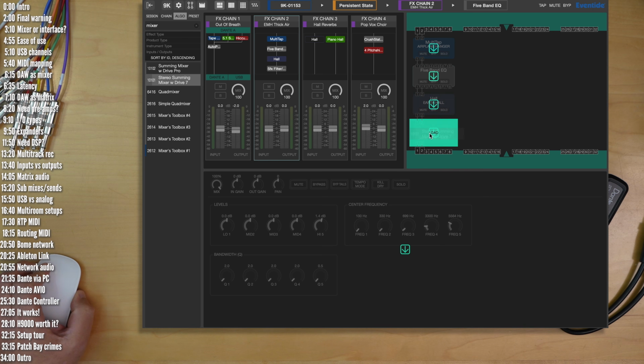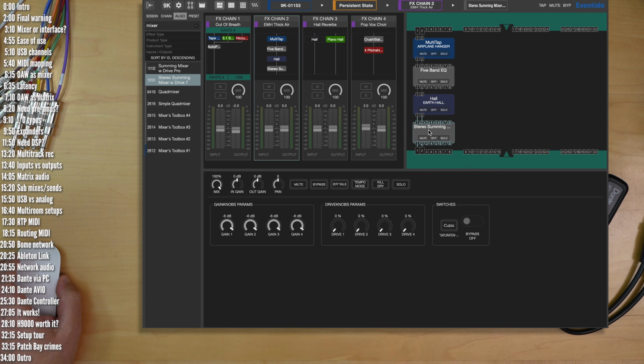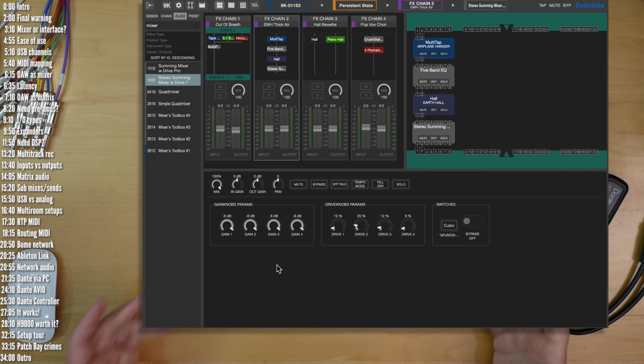Let's say I drag and drop one of these in here. So this is a stereo summing mixer with drive. And remember, you can map these to anything you want, any controller you want externally. So pretty cool. In terms of pros and cons for the H9000: